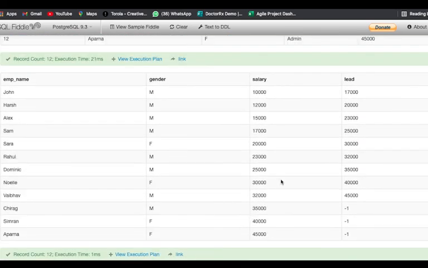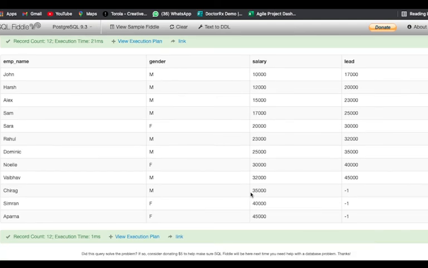If you see now 10,000, what is the value in the third subsequent row after 10,000? First, second, third, that is 17,000. So we got 17,000 here. Now coming to 12,000, what is the subsequent third value? Because we have set the offset value as 3. So 15,000, 17,000, 20,000, 20,000 should be here. So that is what we got.